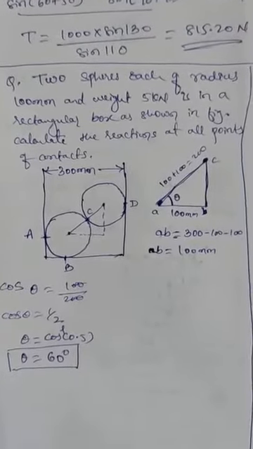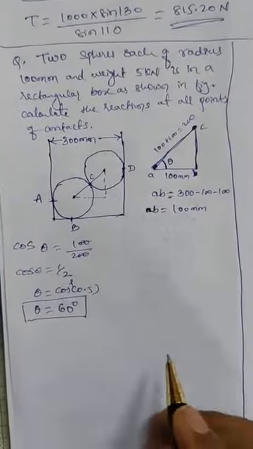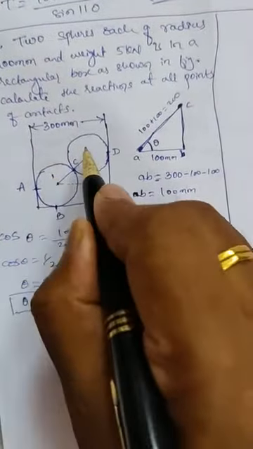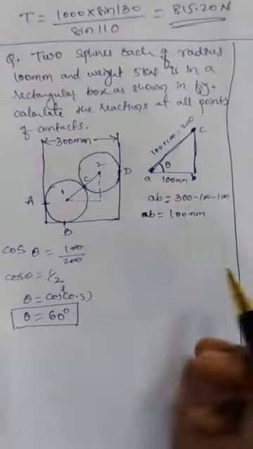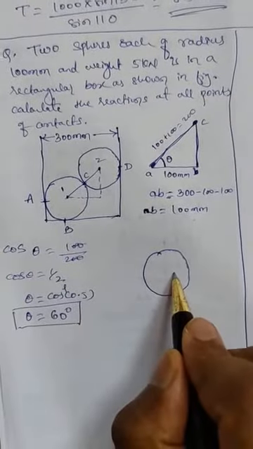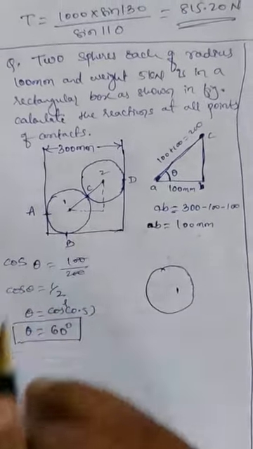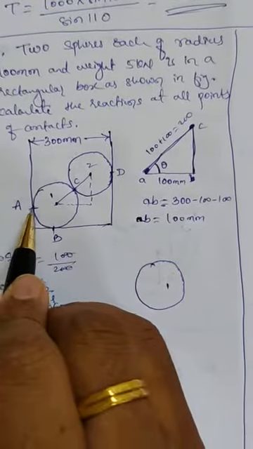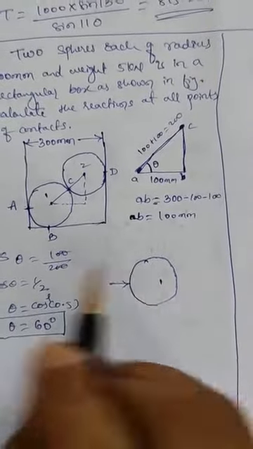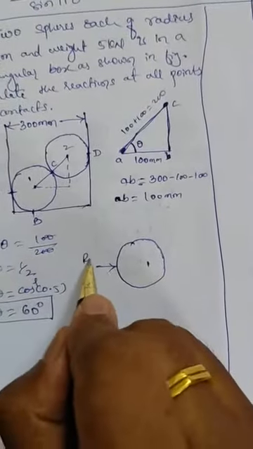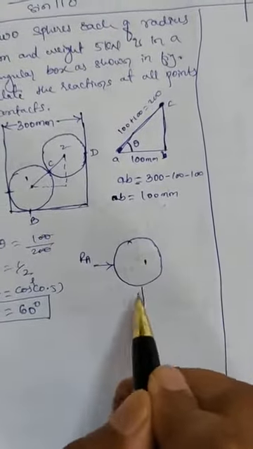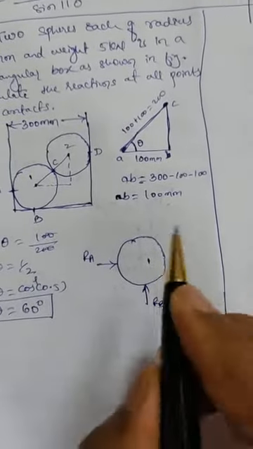Okay, we got the angle. Now let us show the forces acting on each sphere. I will number them: this is the first sphere and this is the second sphere. It is easy to understand and separate the forces acting on sphere 1 and sphere 2. Now I have taken sphere 1, the lower sphere, with contact point A. As I told, the plane is vertical, so the reaction will be horizontal, perpendicular to this plane, RA. As this plane is horizontal, here the reaction will be vertical, which is RB.